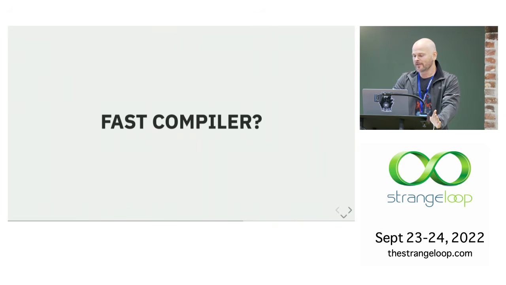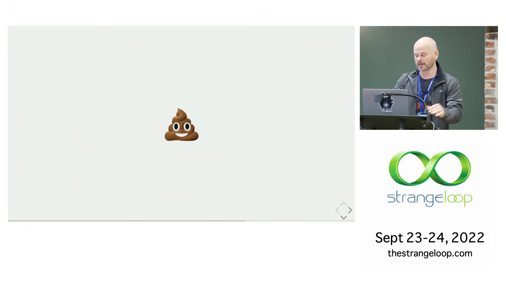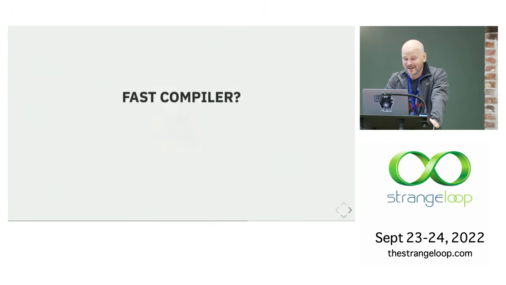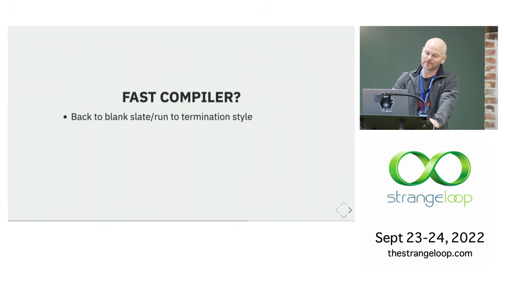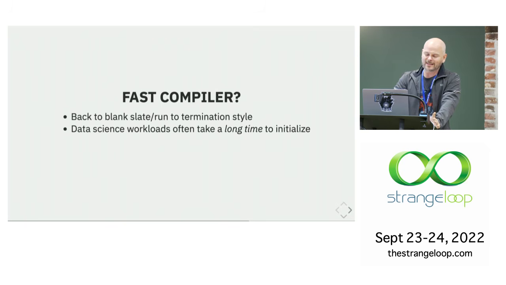So some people, when I show them all this interactive stuff, they're like, well, what if I just had a real fast compiler, man? You know, I can just change and hit a key, and then the things that, well, we're back to that emoji again. Because if you have a fast compiler, you still have all the problems with the blank slate run-and-terminate style. Things like data science workloads take a long time to initialize. You might have a big data load, and you don't want to have to do that every single time you make a change to your code. And the data science people know this. This is why R is interactive. This is why we have notebooks for Python and other languages,